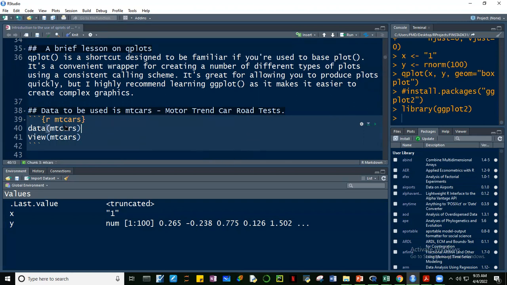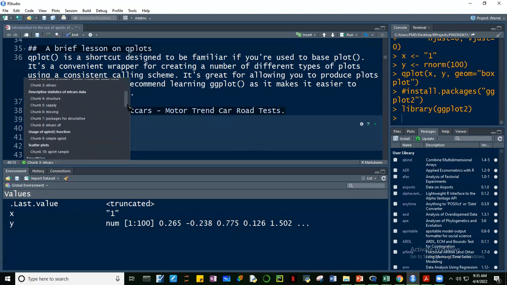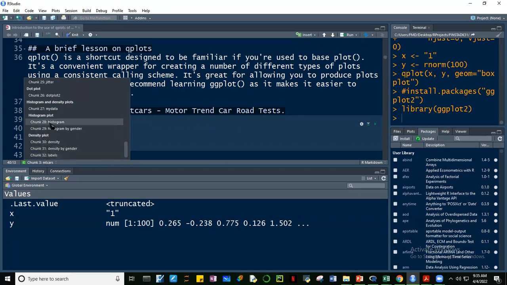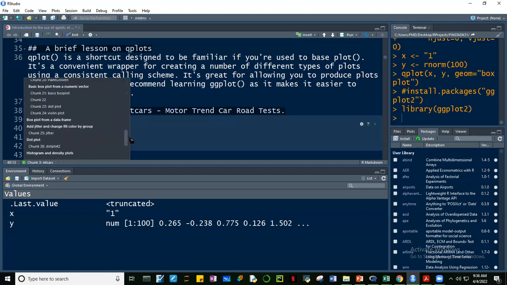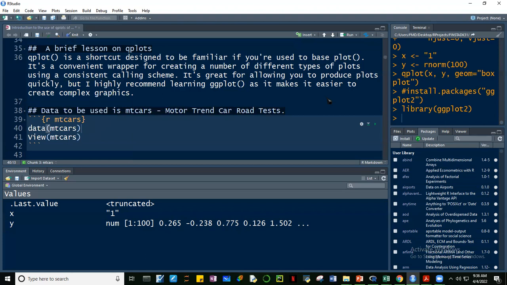Okay, so here, guys, notice that I'm giving this a name. What's the purpose of that? So that if I, for example, have so many code chunks already, it's easy for me to navigate through the different code chunks. See that there are labels. These are just basic labels for me to understand. It's always a good practice, guys, to label your code chunk. Here we're labeling it empty cars, and